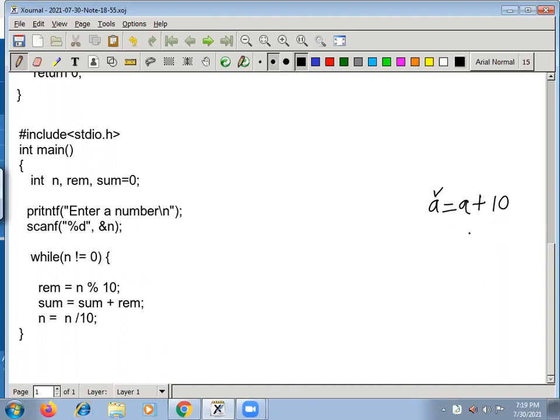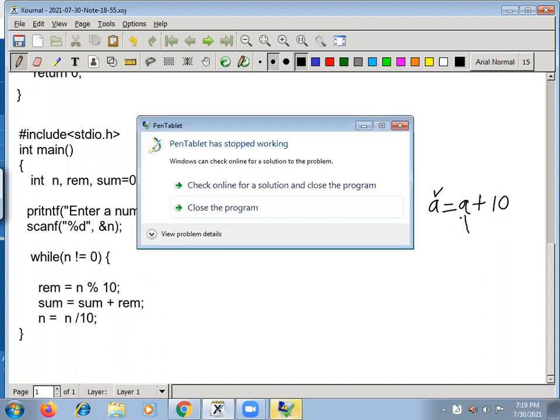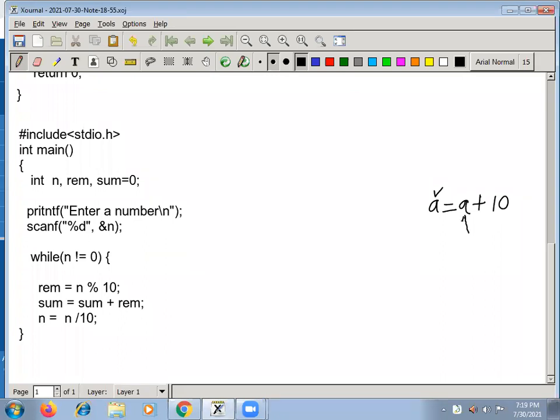If these two are same, we can write these two in this form, a plus equals to 10. Shorthand notation.